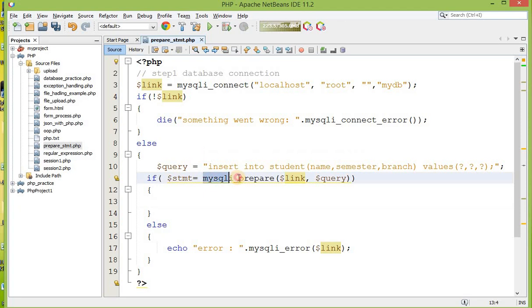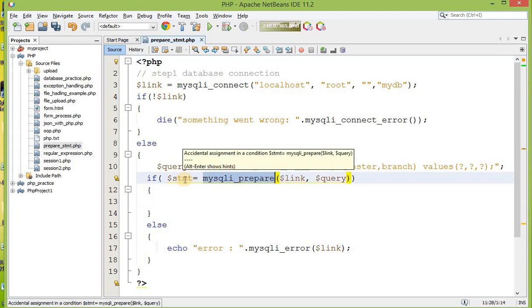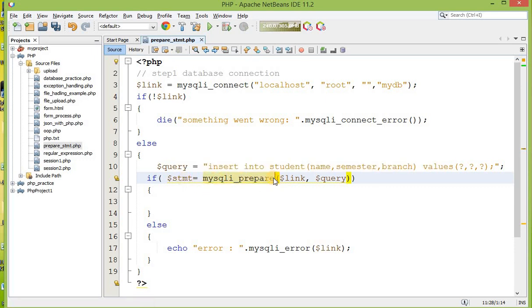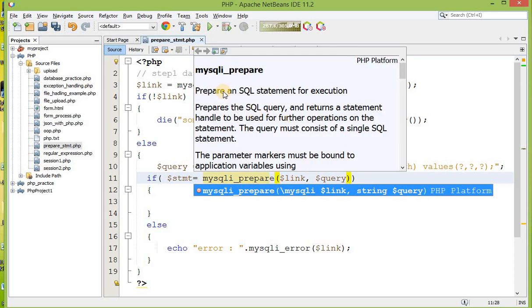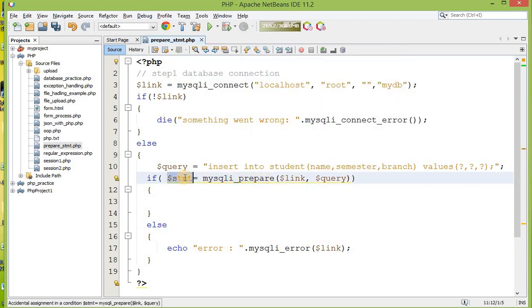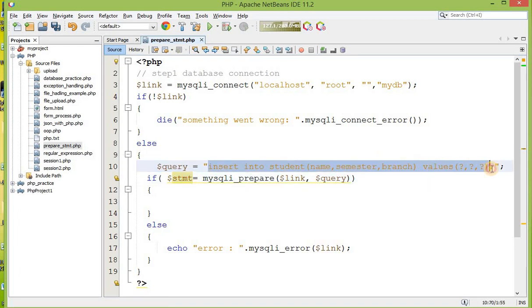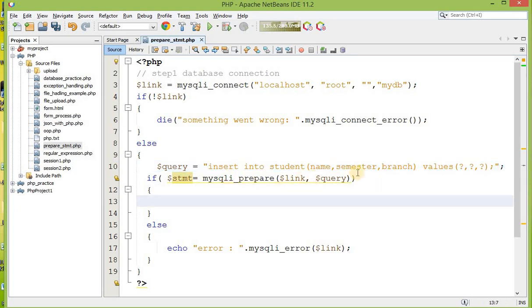So this method mysqli_prepare will return a reference to your mysqli_stmt. If you want to read the description over here, then you got it. This is a prepared SQL statement for execution, and this will return a statement handle to be used for further operations on the statement. So this variable is used to execute this query. It will act like a handler to this query. Now how can I execute this query? So this step is